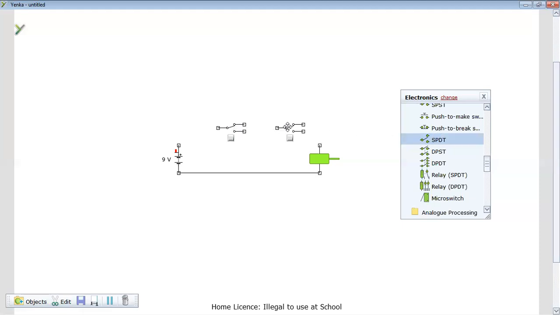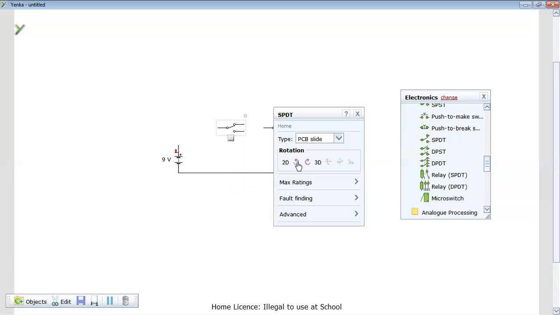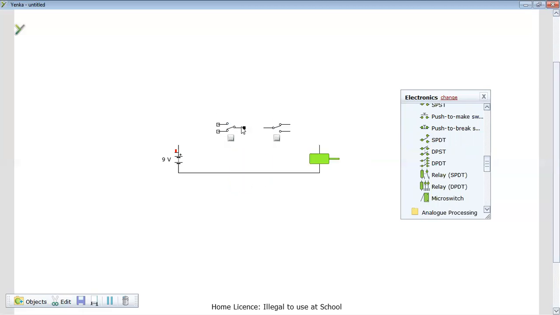And it will become an AND circuit. So properties, let me rotate that way. Now this time, if you think of them as little crocodile mouths, I guess, they are now facing out from each other. So if I have them both turned off, it's no good. I need to make sure that both are turned on for the circuit to activate. It's no good just pressing one of them,